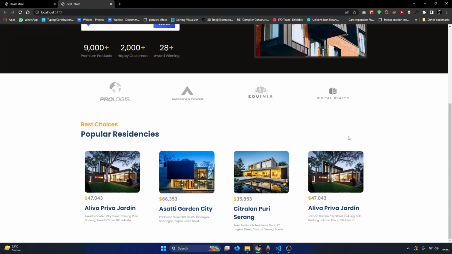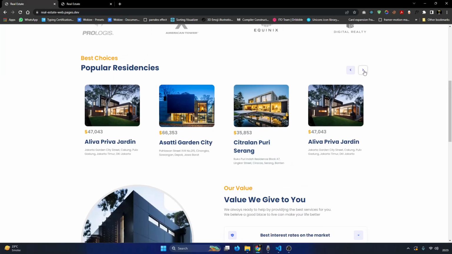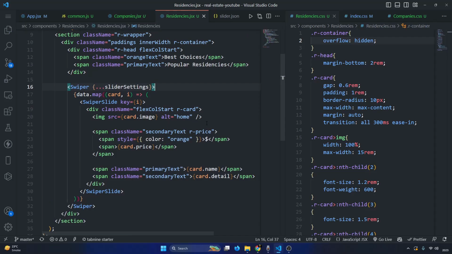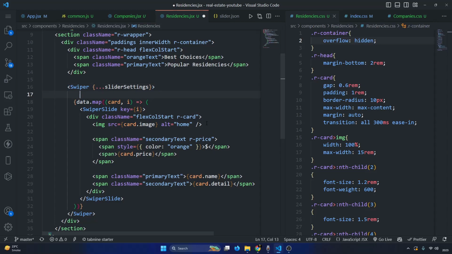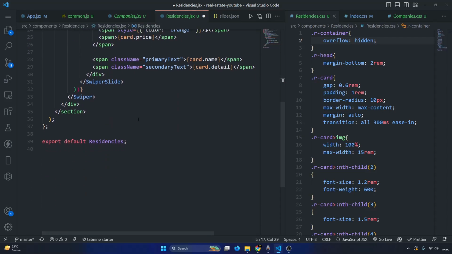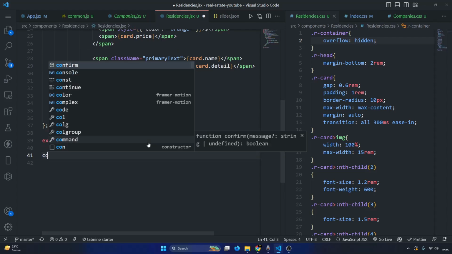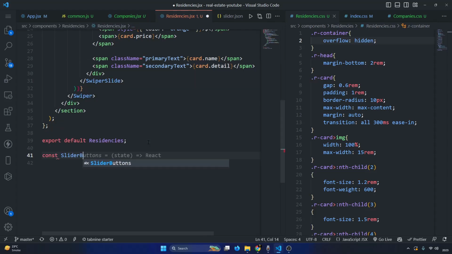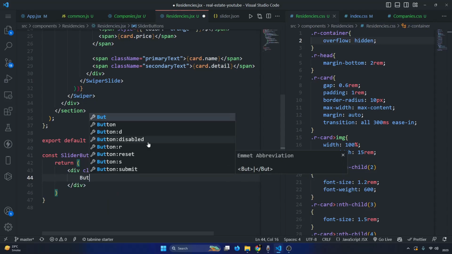The next thing is to make the buttons like we have in the developed version. We have 2 buttons, so let's see how we can make them. For making these buttons, here in the most parent component, before rendering our slides, I am making a component as SliderButtons. Now I am going to make this component because we have to define it. So as SliderButtons, making it as a JSX component, and the JSX component should return something. So here it is returning a div with the class name of residencies buttons, and here just say it as R